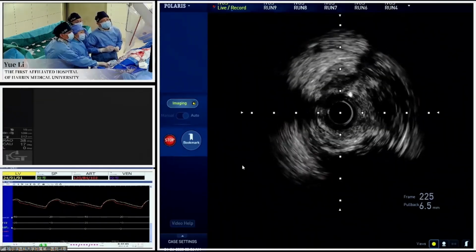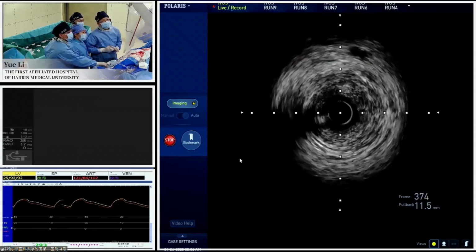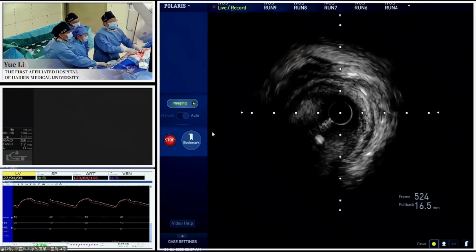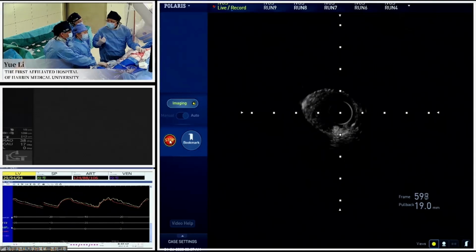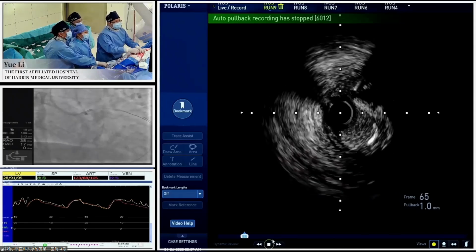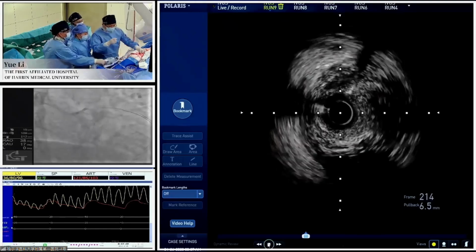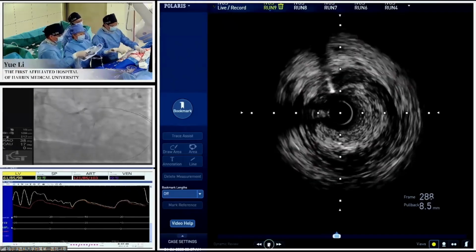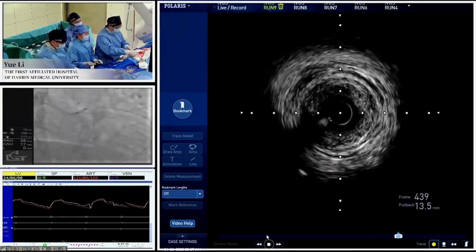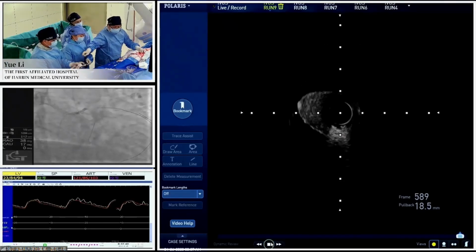So we can see the distal tip of the wire seems to be within the plaque, at the distal part. Maybe we pull back a little bit of the retrograde wire and try again. So the distal part is within the plaque. How to do next? Yes, this is a good question. I think, for me, the antegrade seems to be a little bit difficult. So I think we must make the wire